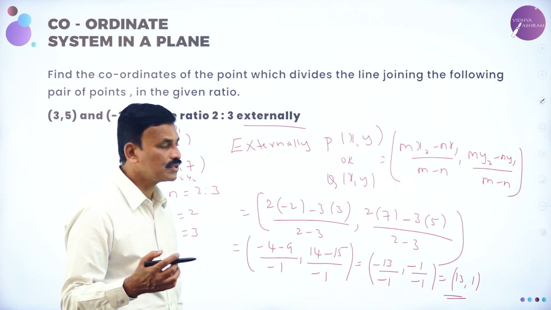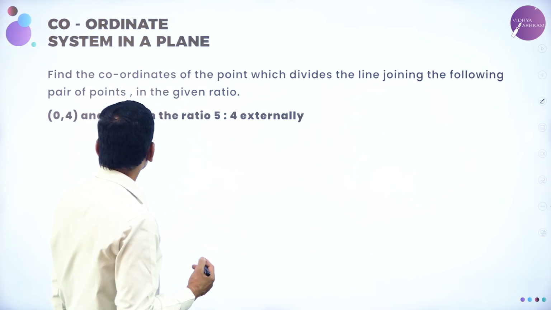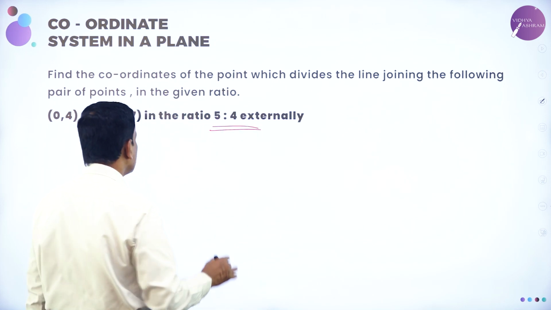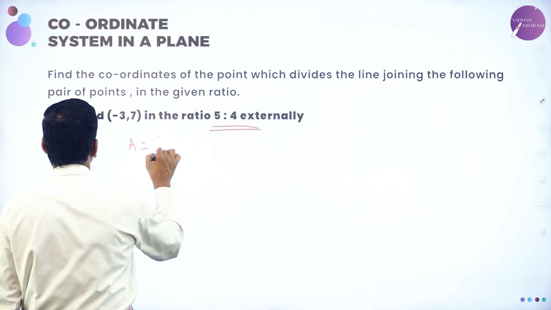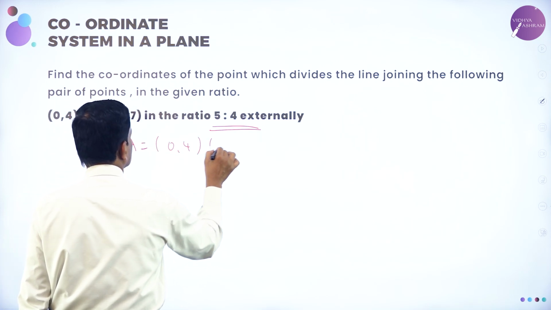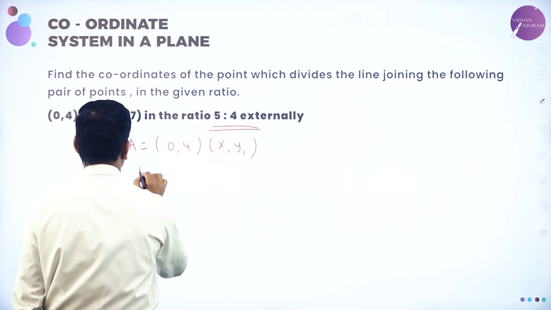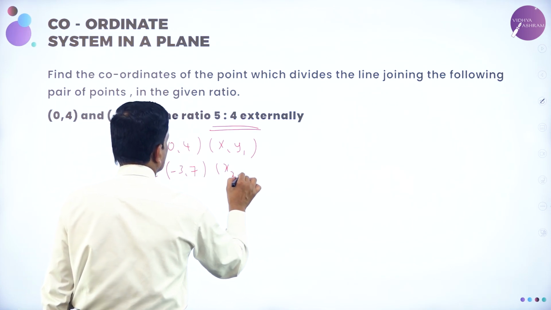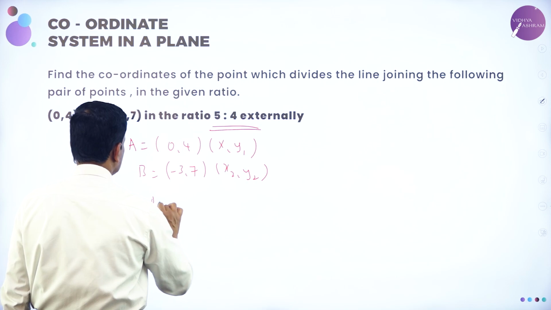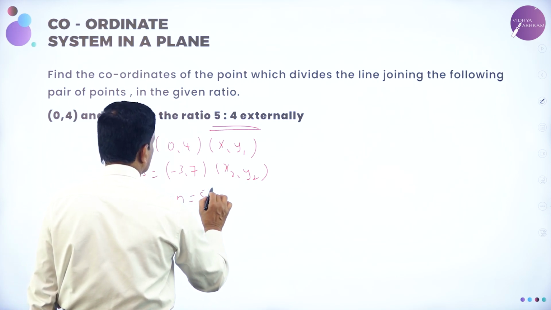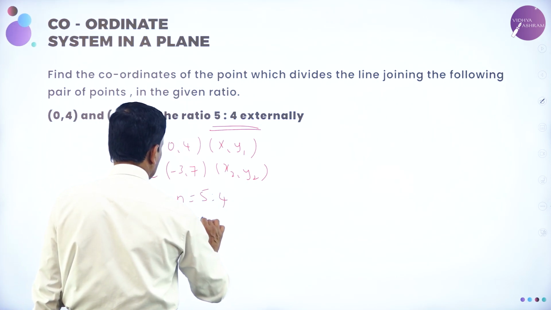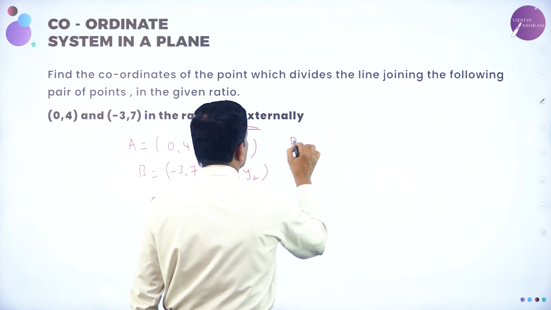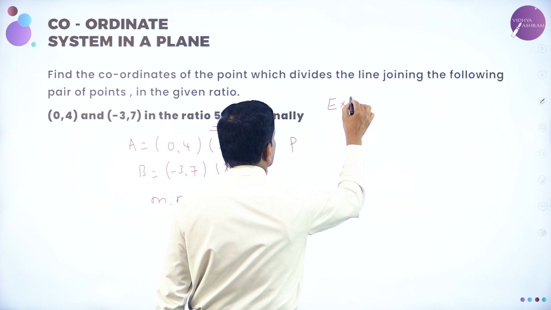That's it. Hope you followed. Now move on to the next problem, same type of problem. Here the ratio is given to be 5:4 externally. What is A? A is equal to (0, 4). This is x1 y1 and B is (-3, 7). This is x2, y2. The ratio m:n is equal to 5:4. m is equal to 5, n is equal to 4. External division is given by